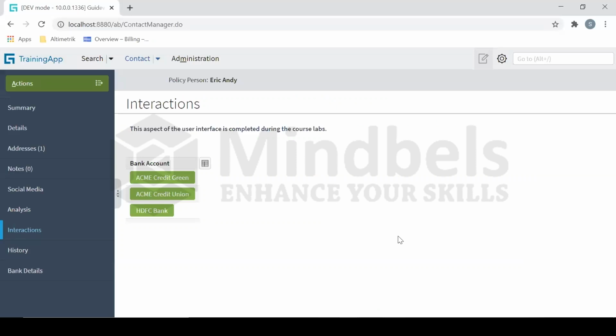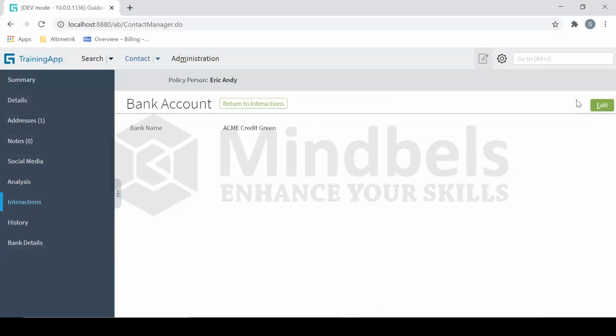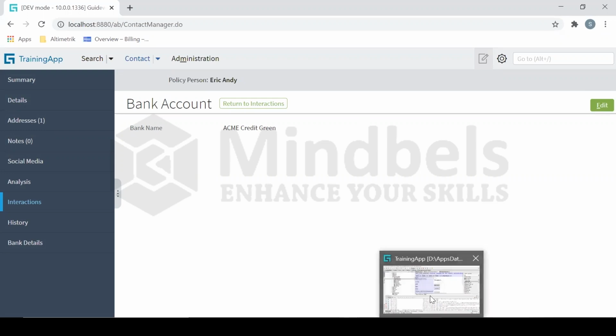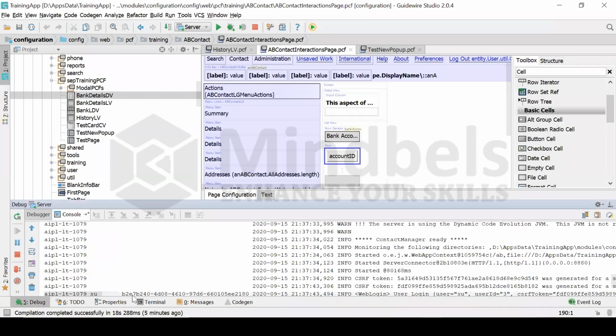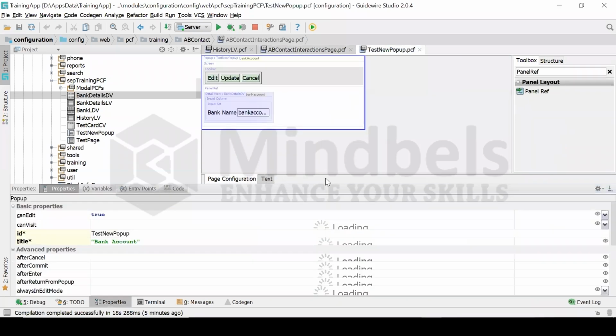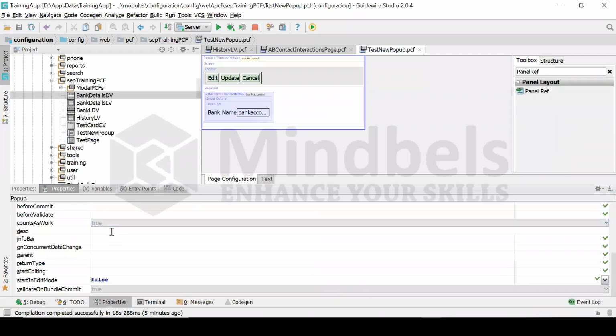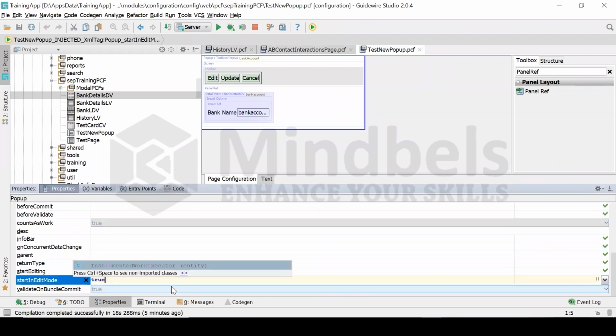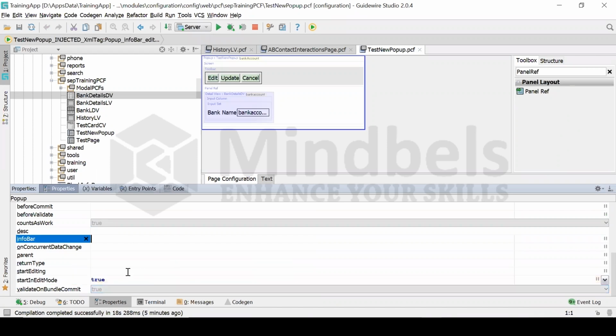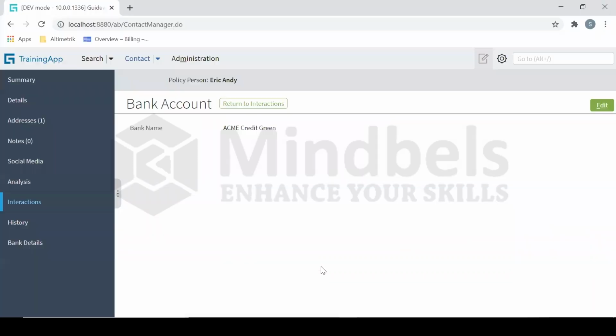Now let's say there are certain scenarios. Here, when I went to the screen, after that I have to click on this edit button, right? But now let's say there is a requirement where it says that once you go to the pop-up, it should be in editable mode. So in that case, you go to the pop-up and set start in edit mode, which is false, make it true. Once you make it true, what will happen is